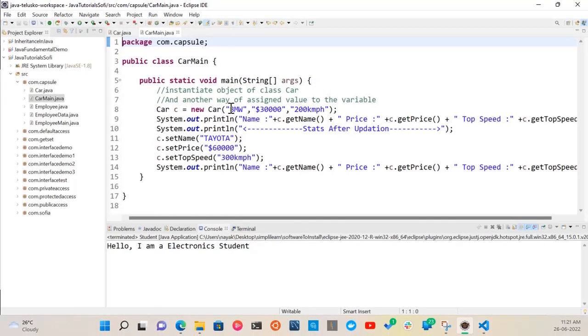Because I have already generated a constructor, one way of assigning values is this: BMW, 30,000, 200 kilometer per hour. So System.out.println, you can see here c.getPrice, here we set the price, here we get